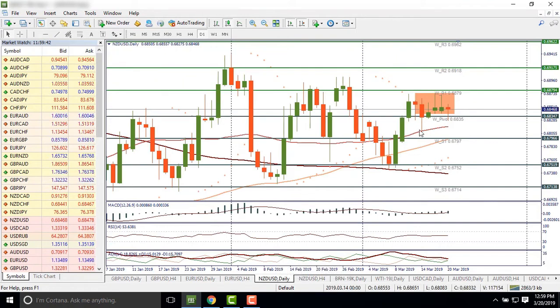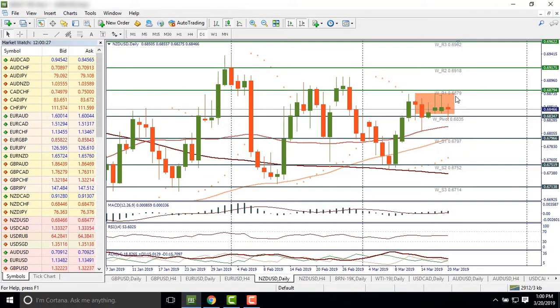Now let's look at the key levels for the New Zealand dollar. We can see that the pair has been trading sideways. Up to now, it's testing the support at the weekly pivot at 0.6835. If this level is broken, the next support will lie at 0.6797. Otherwise, if today's release supports the kiwi, the pair will manage to retest the resistance at the weekly pivot at